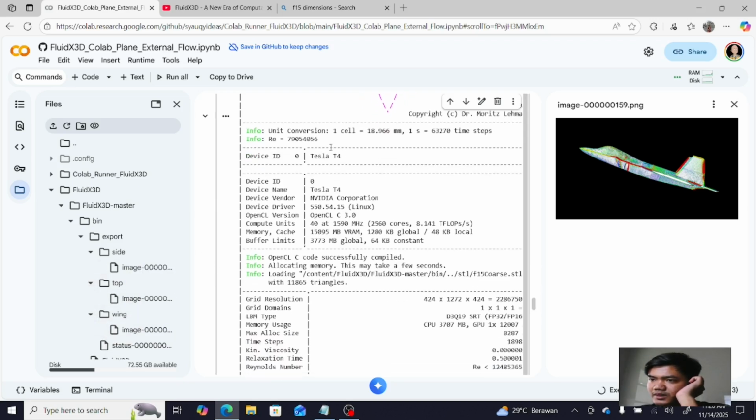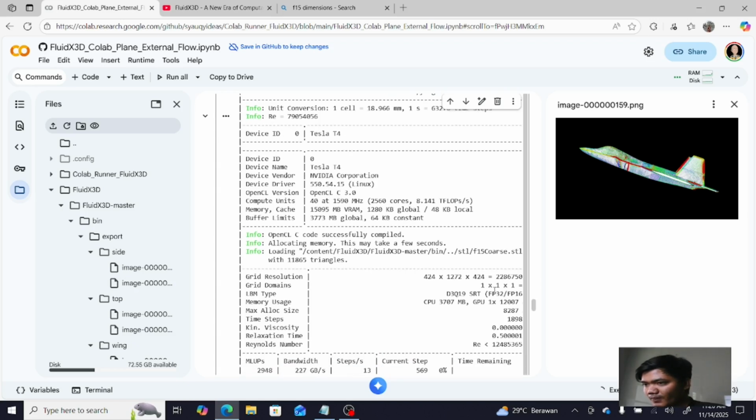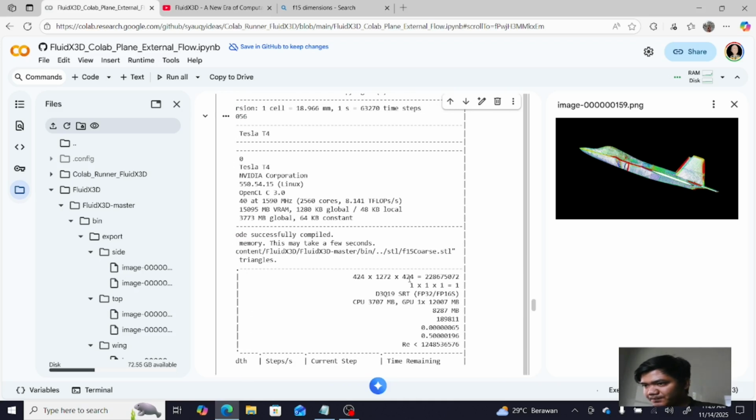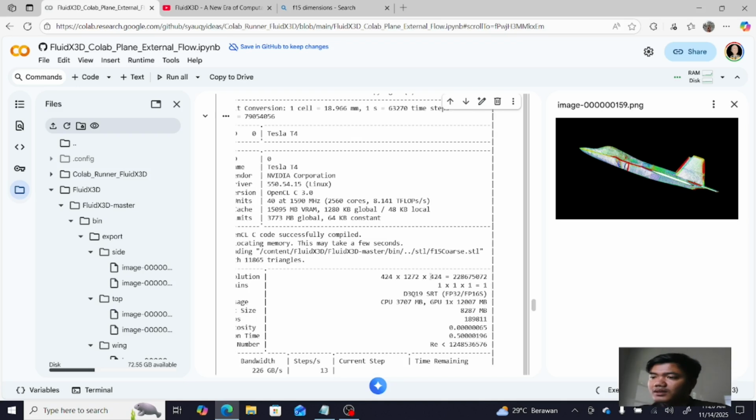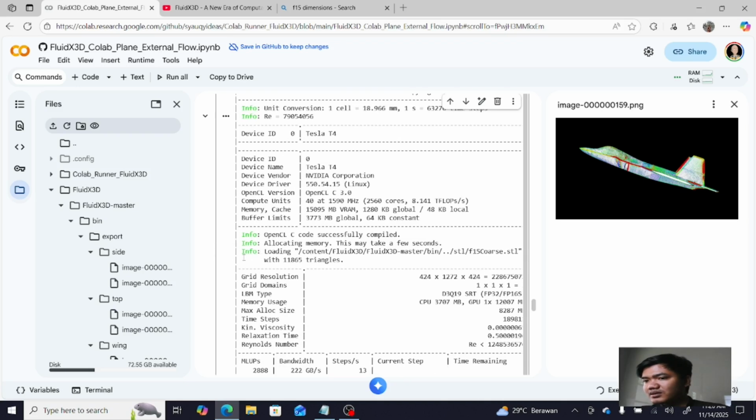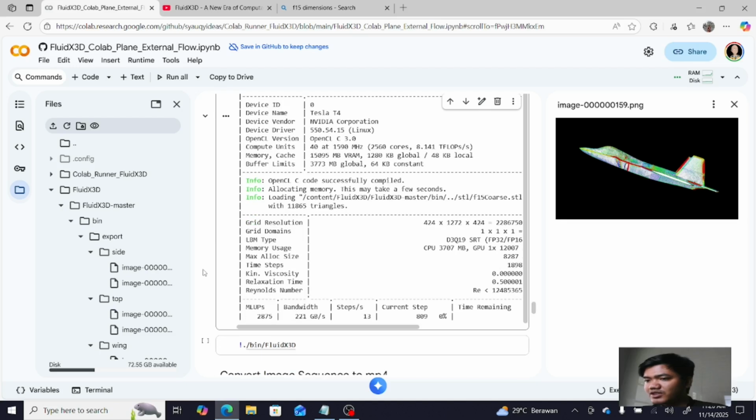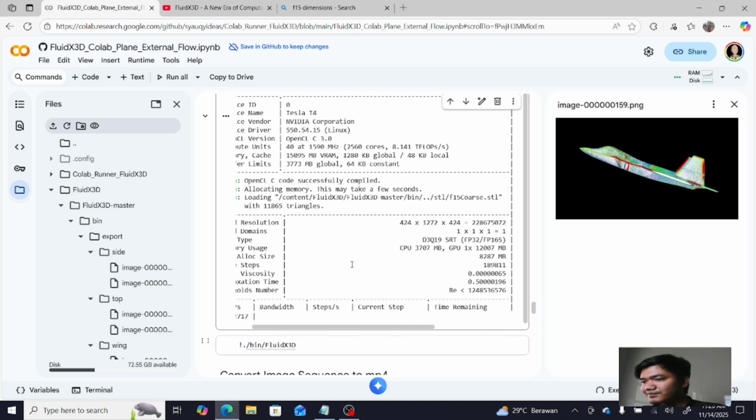If you look at this, we have a Reynolds number of like 79 million, and having a resolution of 22 million grid cells, at least 200 grid cells in this simulation. That is a high number for simulation these days.